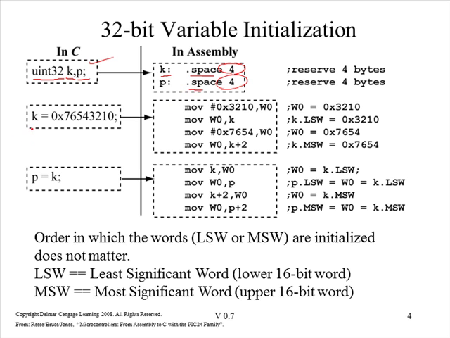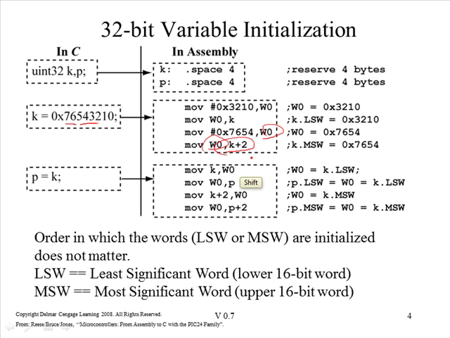Now let's initialize K to this 32-bit value 76543210. So first thing that we're going to do is we're going to take the least significant word here, 3210, as an immediate, move that to W0, then move that W0 to K. Then we're going to take the most significant word, 7654, move it to W0, then move that to K plus